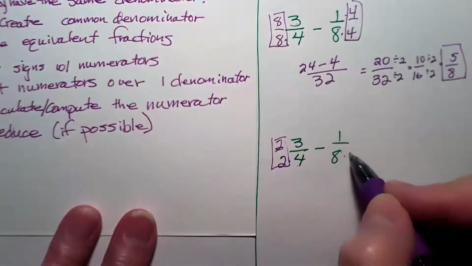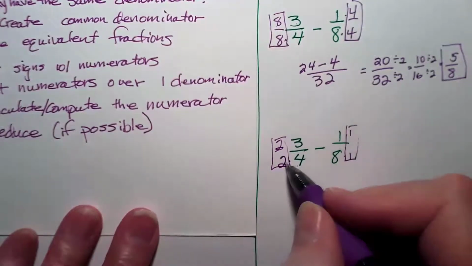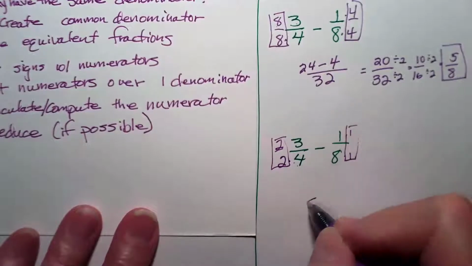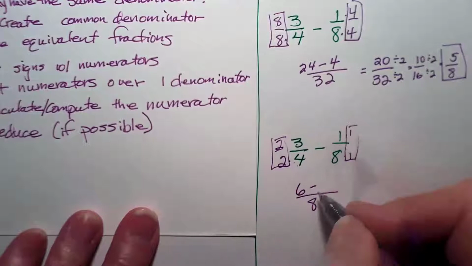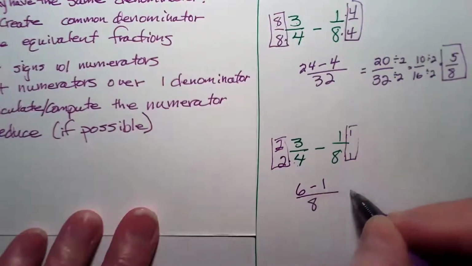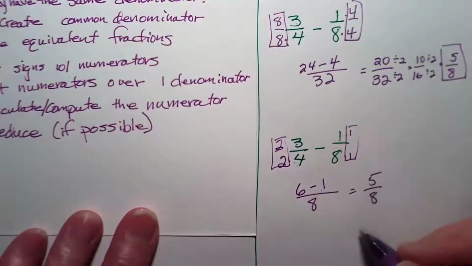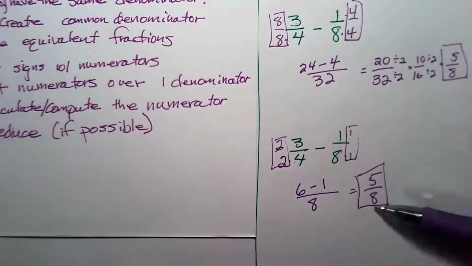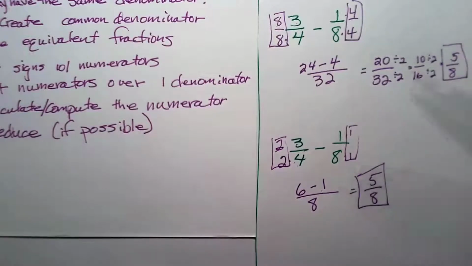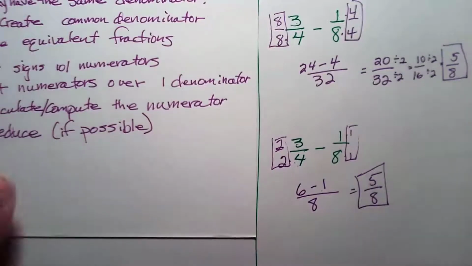Some people say, well, then I have to multiply this times 1. Okay, it doesn't change it any, but 2 times 4 is 8, and 8, so I have a common denominator of 8. 2 times 3 is 6, minus 1 times 1 is 1. So 6 minus 1 is 5, and the denominator is 8, and I can't reduce it anymore. So see, you end up with the same answer, but if you recognize this, you don't have to go through all this reducing stuff. If you don't recognize that, do it the long way. It works, and you'll get it right.